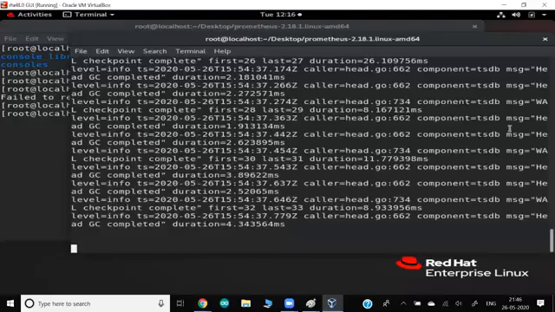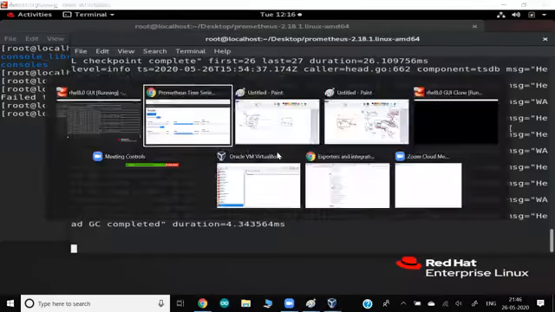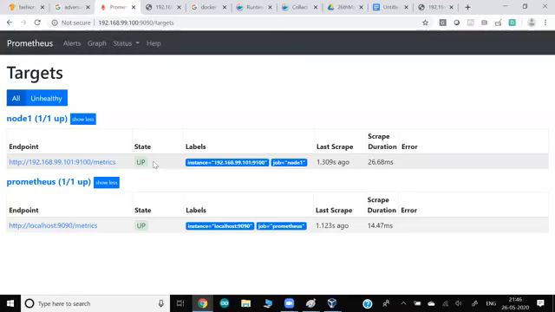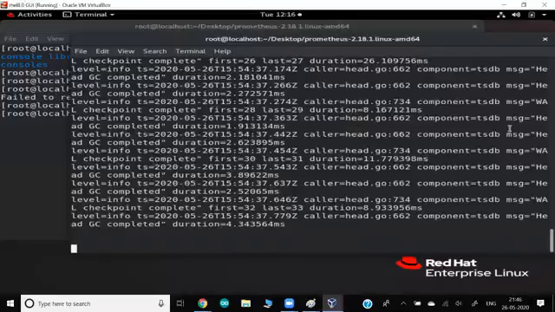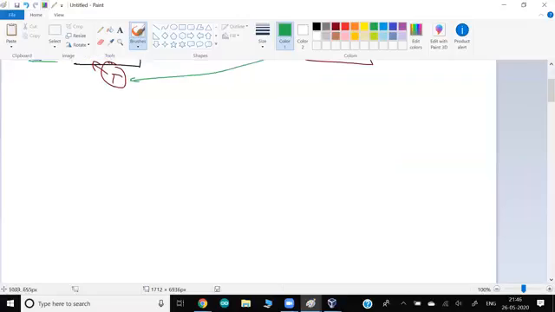And how to restart? First do Control-C. Control-C will terminate the program. But guys, you know what? If you terminate the program, at that particular time your Prometheus goes down. And if somebody is doing some monitoring and taking decisions at that time, there will be downtime. So what do we have to do? Technically, if you change something in the configuration file on any server,